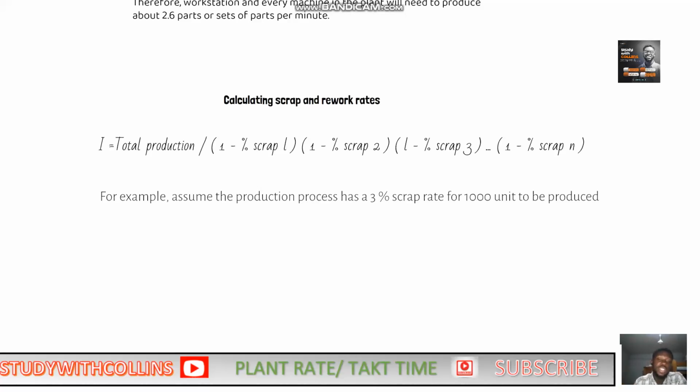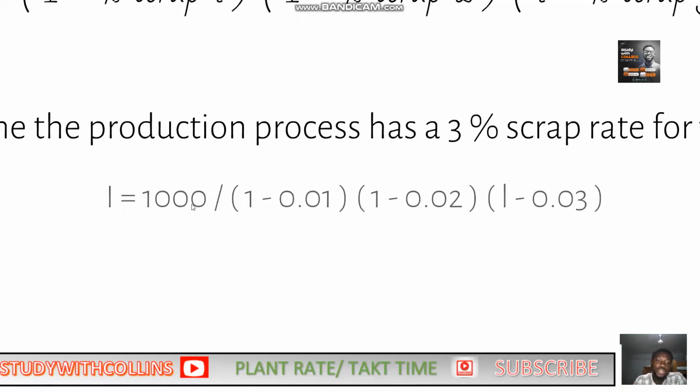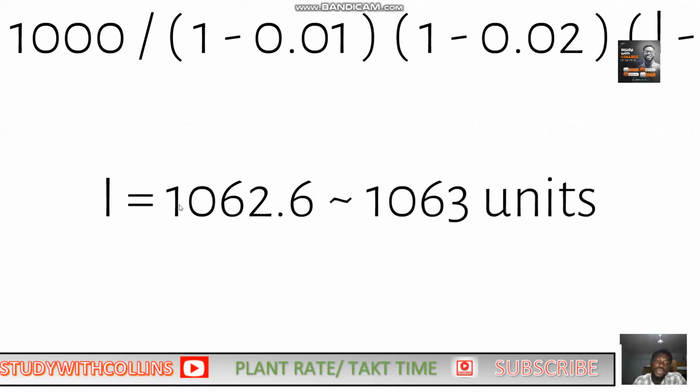Since it is 3%, we would have 1%, 2%, then 3%. So 1 minus 1%, that is 0.01, times 1 minus 2%, that is 0.02, times 1 minus 3%, that is 0.03. We can input them, and I will be equal to